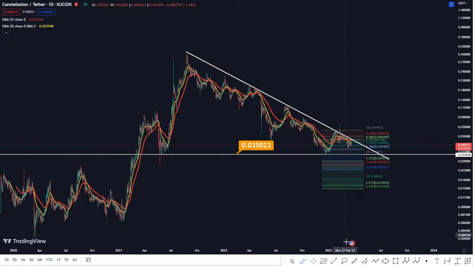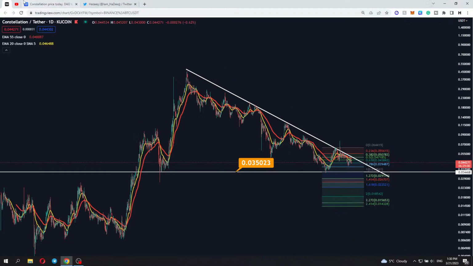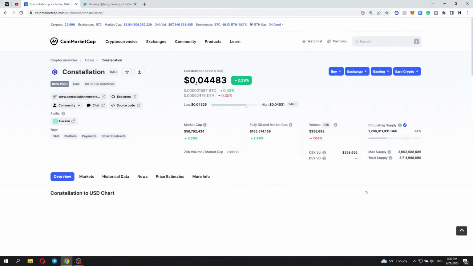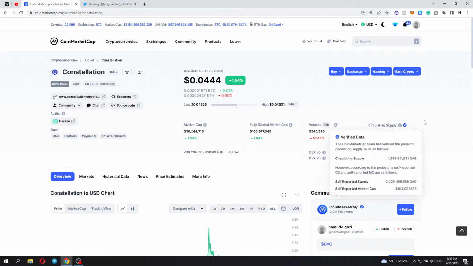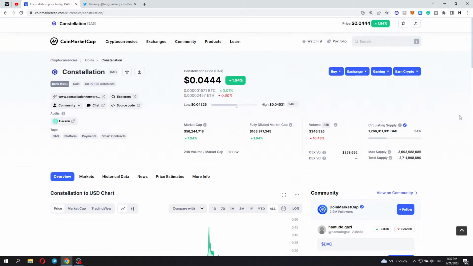So be careful swing trading and selling soon after the breakout, because we might have a pretty strong move, especially considering the fact that this is a low cap gem, so to speak, because if we drop into the CoinMarketCap page, it's a $56 million market cap. 34% in circulating supply. That's not really good because a lot of coins are still going to be dumped into the circulation, but